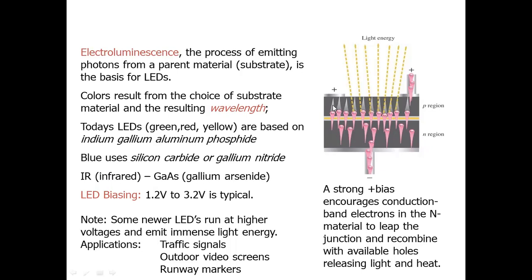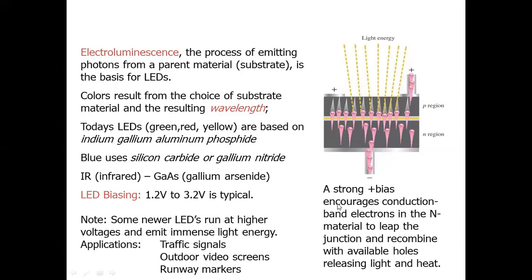color अभी color कैसे आ रहा है? color TV बोल दिया तो they have used doping material here now. Whatever input they are giving, based on that the image they are displaying, and based on that it is producing the color here now. LED TVs we are going to call that one. So these are the applications: traffic signal, outdoor video screen, runway markers, LED TVs, LED lamps, these all we are going to call light emitting diodes only.